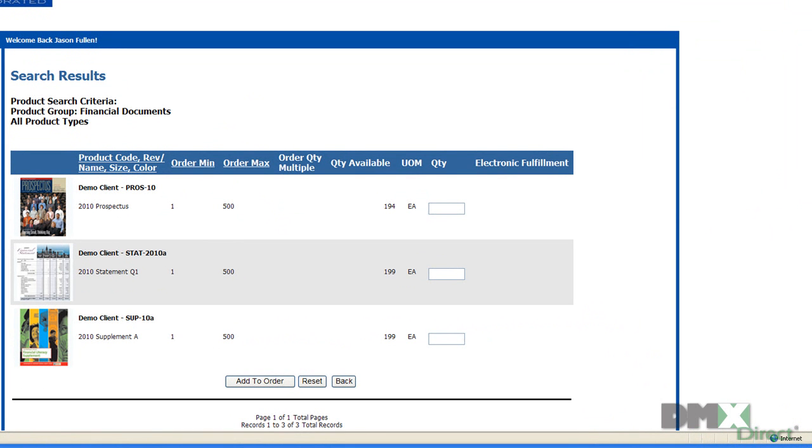And on this page you can see that there's an image of each individual product as well as a description and product number for each product. And you can also see that there's the order minimum, the order maximum, the order quantity multiple, which defines if the product can be ordered in a group and what size that group is. It also provides the quantity available, the unit of measure, the quantity ordered, and if this product is available for electronic fulfillment. So we'll just enter in one quantity for each one of these and click Add to the Order,